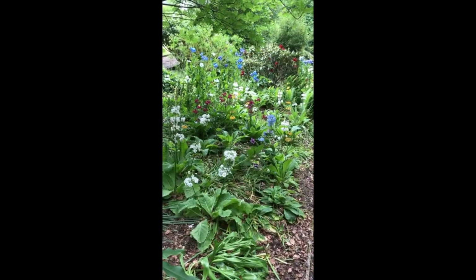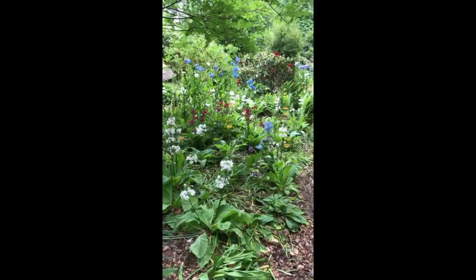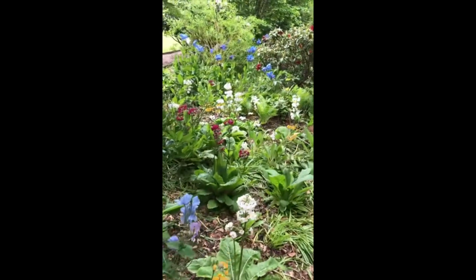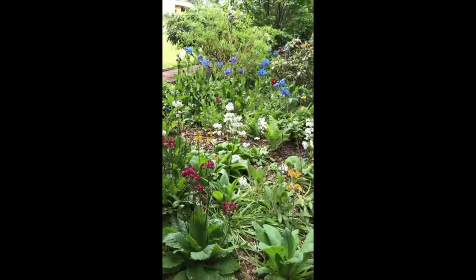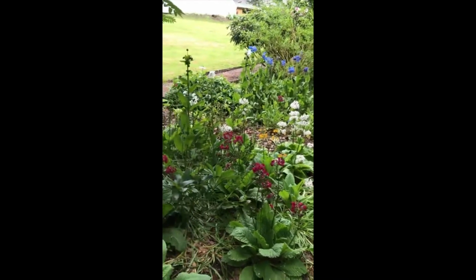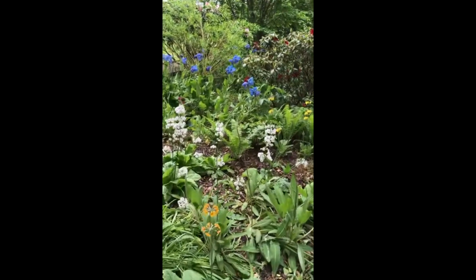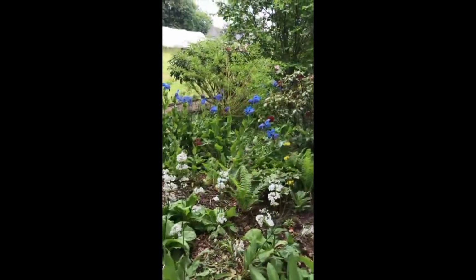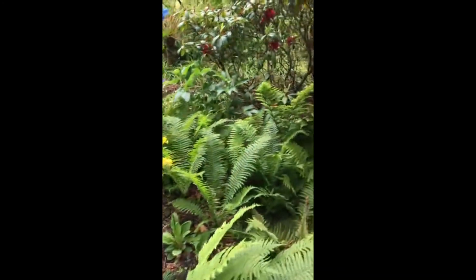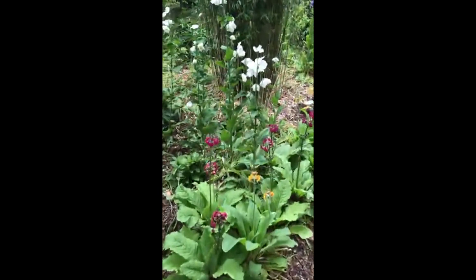Good afternoon from Kirklands, and we're down by the stream, going to walk along our woodland pathway. This is some of the results of our propagating lots and lots of candelabra primulas. You'll see here we've done particularly well with the Primula japonica Miller's Crimson and Primula japonica Postford White, in amongst some of the meconopsis. The yellow primula I think is Primula prolifera, and the orange is bulleyana, and these are